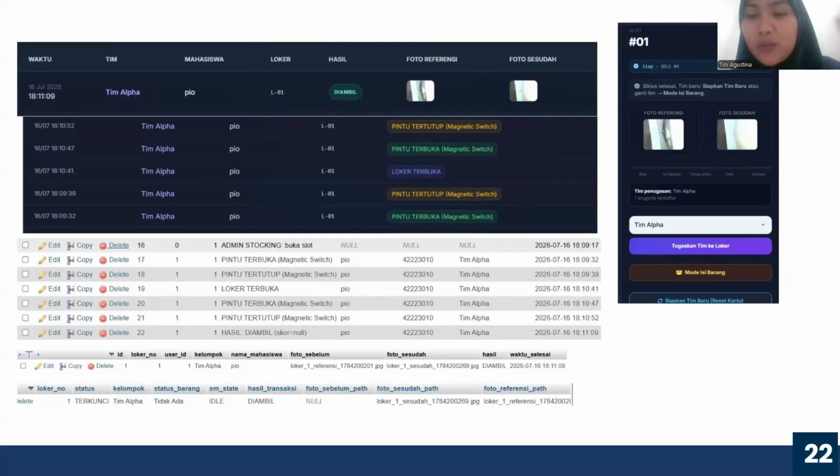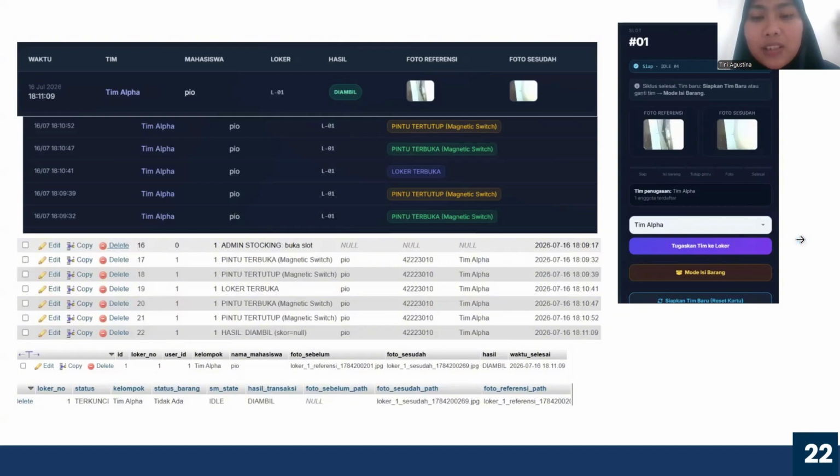Okay, in this slide we can see the web dashboard interface, which is fully integrated with the system's database in real time. At the top is a transaction history table that records complete item retrieval data, including the before and after photo.